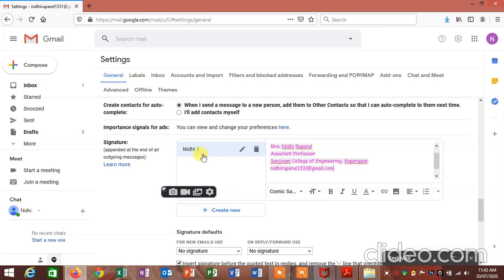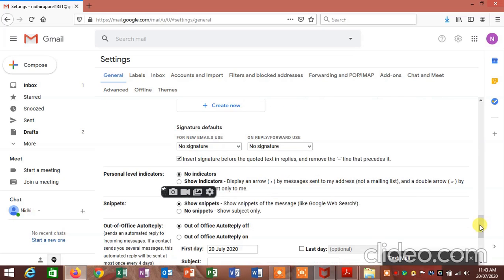Now this is the first signature which I have created. We can create multiple signatures and we can use them at various places. हम अलग अलग जगहों पर अलग अलग signature use कर सकते हैं. तो अभी के लिए फॉर न्यू ईमेल हमारा सिग्नेचर है जो हमने अभी क्रिएट किया, और whenever we will reply तब भी हम यही सिग्नेचर यूज़ करेंगे. अगर हमारे पास मल्टीपल ऑप्शन है तो हम कर सकते हैं.